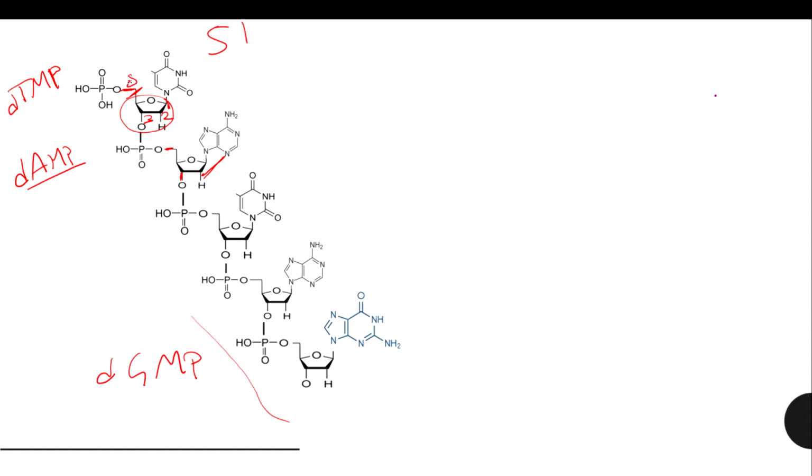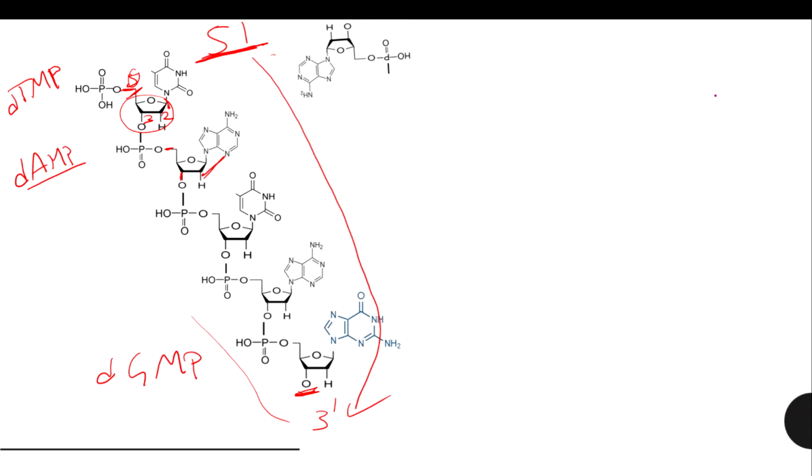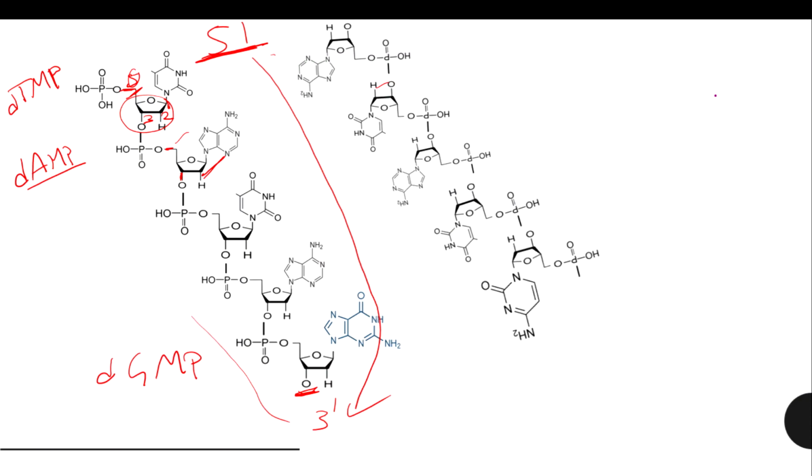So here the fifth carbon is free, so we call it 5 dash. Coming to this condition, here the third carbon is free, so we call that 3 dash. So we call this the 5 dash to 3 dash terminal. And coming to the next one, these are inverted structures. For better understanding, I have inverted the structure and given the same thing. So this one and this one are the same, right? Same thing I am combining and showing you.